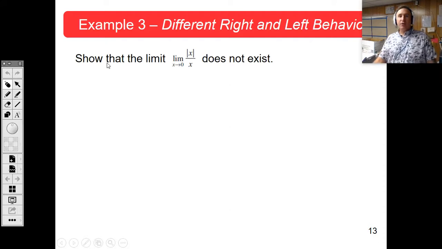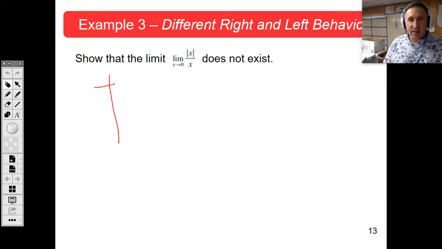Okay. So show that the limit of the absolute value of x divided by x as x approaches 0 does not exist. Well, if I plug in 0, I get 0 over 0. 0 over 0 doesn't make any sense. It's definitely not 1. If I pick some values, this is kind of a neat one to look at from a table perspective, because if I pick some values, even from far away, like if I'm just plugging in points arbitrarily here,